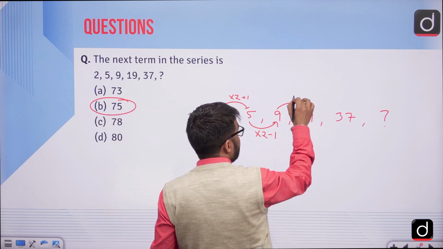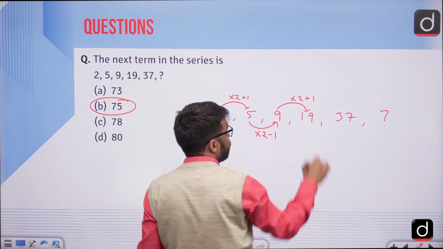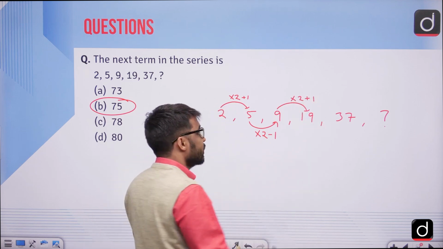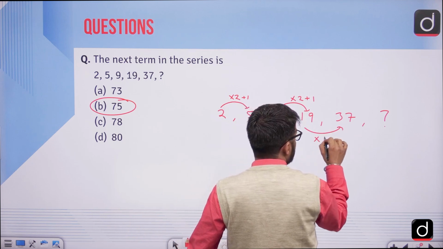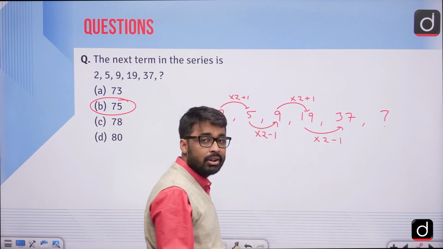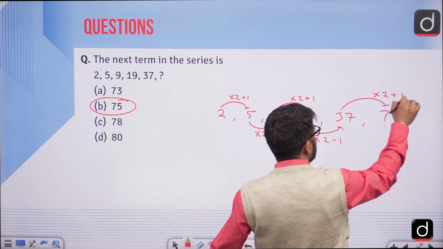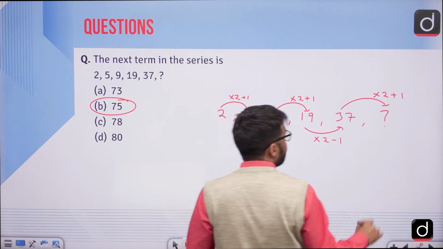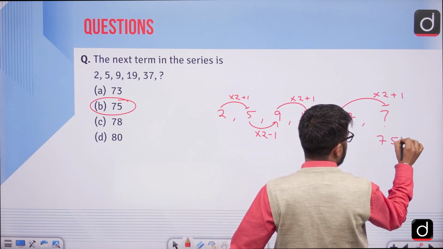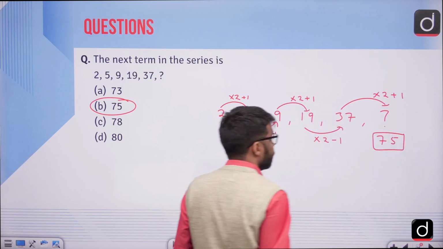Now here it is into 2 plus 1: 9 twos are 18, plus 1, it is 19. Then the next factor is into 2 minus 1: 19 twos are 38, minus 1 is 37. Then my next factor should be into 2 plus 1: 37 into 2 is 74, plus 1 is 75. And this would be